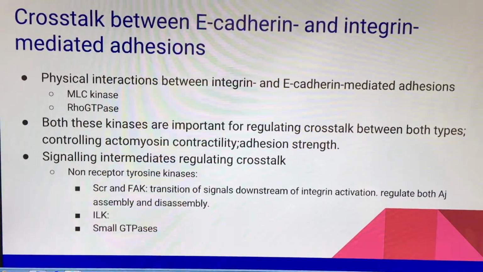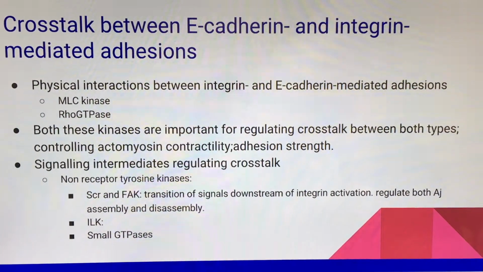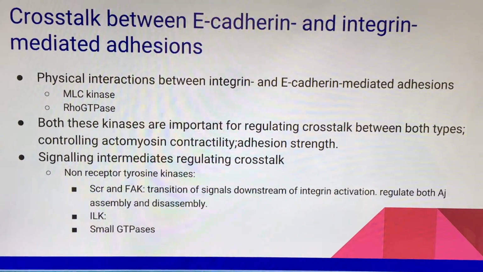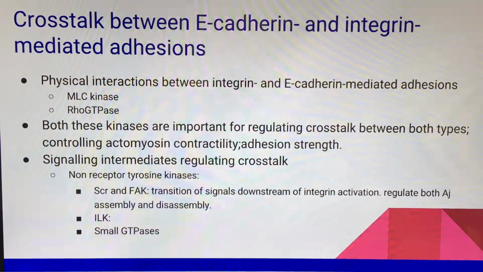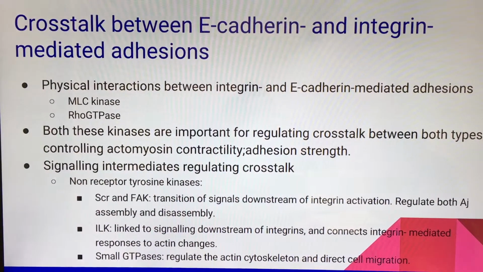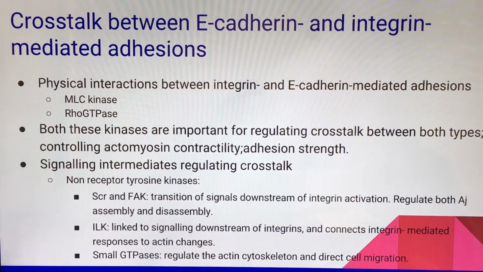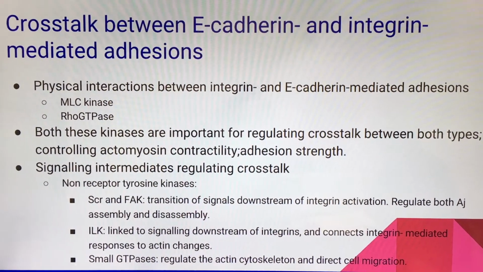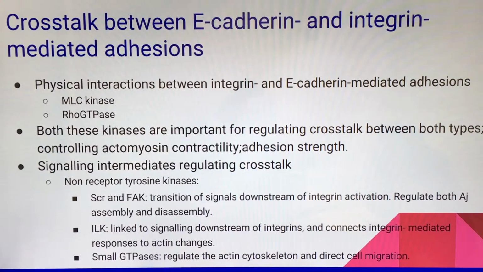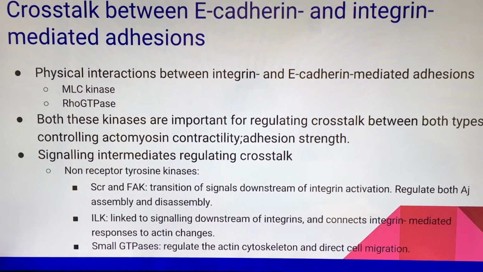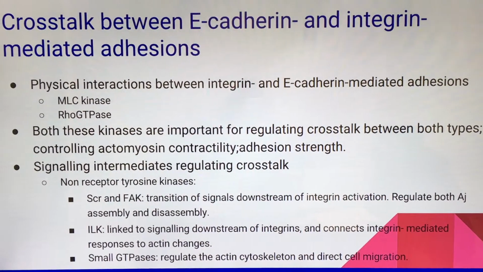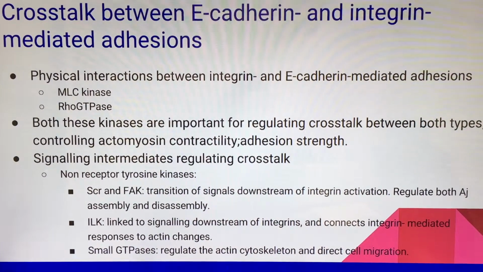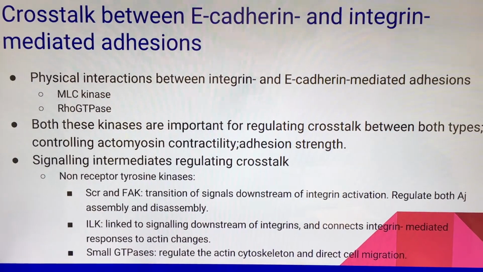They have physical interactions between integrin and E-cadherin-mediated adhesions. Those interactions involve MLC kinase and Rho GTPase. MLC kinase is short for myosin light chain kinase. It belongs to the immunoglobulin superfamily, and its function is to phosphorylate regulatory myosin light chains of myosin 2, so it can facilitate myosin binding to actin, and that aids in contractility